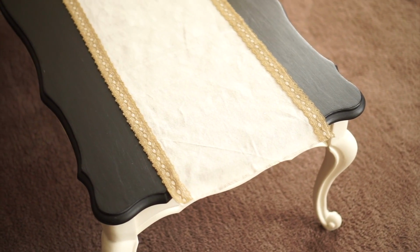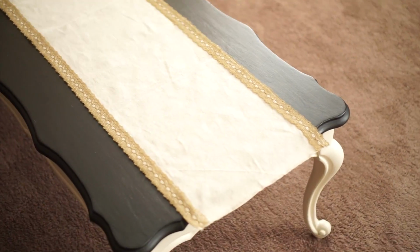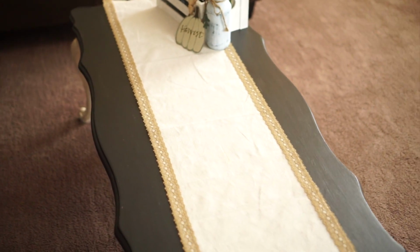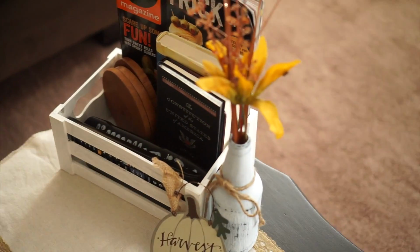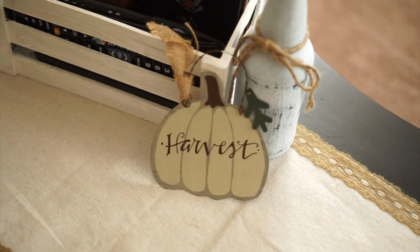For my coffee table, I decided to put this table runner on it. I just thought that was really pretty and kind of added a fall touch. I actually might end up keeping that all year round though, because I really like how it looks. But that I bought at the Target dollar spot back during Easter time. And then I have this little vase with some fall florals in it, and then this little harvest sign that